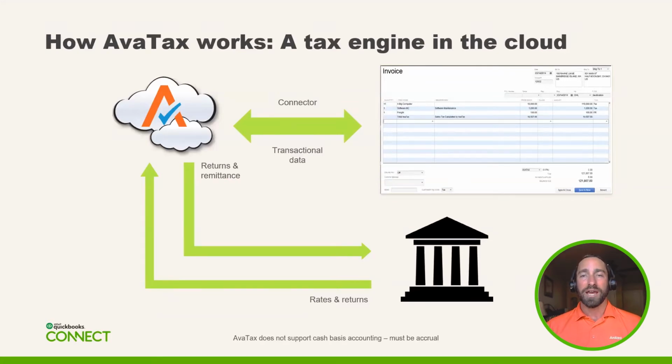So Avatax is our core product, and we have over 750 direct integrations, and we have what we call these connectors. Now, our connector is a piece of software that will allow your QuickBooks Online, your QuickBooks Desktop, your NetSuite, your Oracle to talk to our tax engine. And so how that works is you would download our connector.